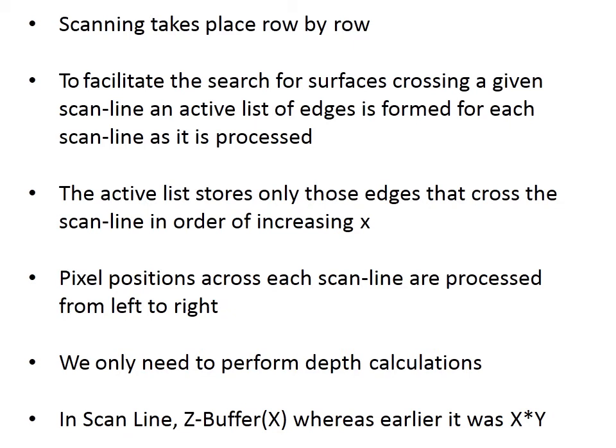So the scan line can deal with multiple surfaces. As each scan line is processed, this line will intersect many surfaces. The intersecting line will determine whether each surface is visible. Depth calculation for each surface is done. The surface nearest the view plane is defined. Then the visibility of a surface is determined. Then the intensity value is entered into the refresh buffer.